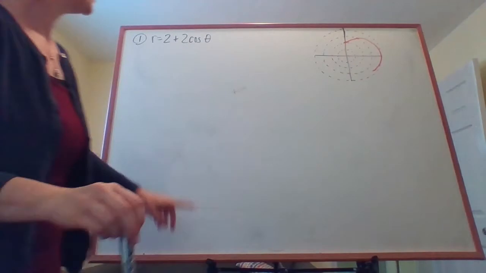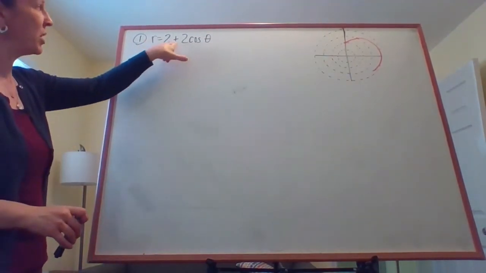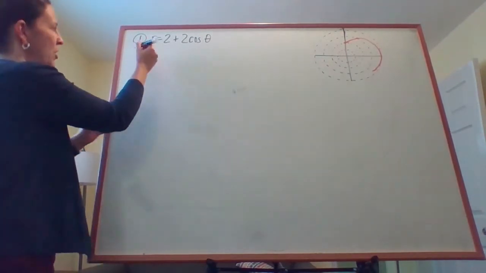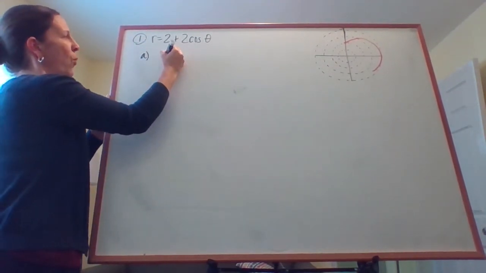Starting with problem 1, it was r is 2 plus 2 cosine theta. You needed to complete the graph. In part A, you also needed to complete the table. When theta